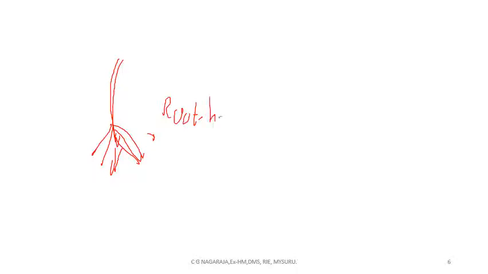I am trying to draw, but my handwriting may not be very good here, but I will explain what happens. Each root hair, imagine that is a root hair, comes in contact with soil particles. It is a soil particle. Let's say that is soil. That is the place where the root hairs are seen. In the soil, we have water.